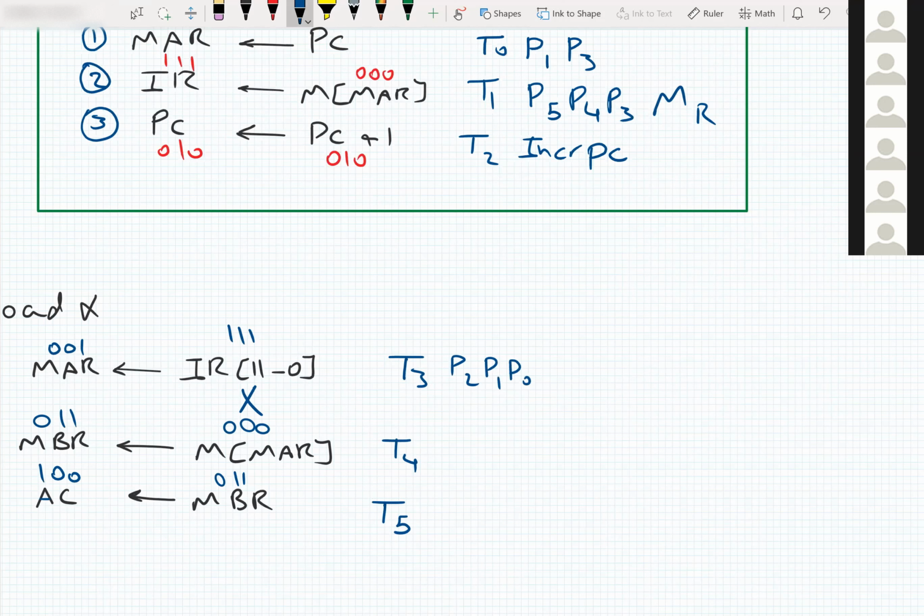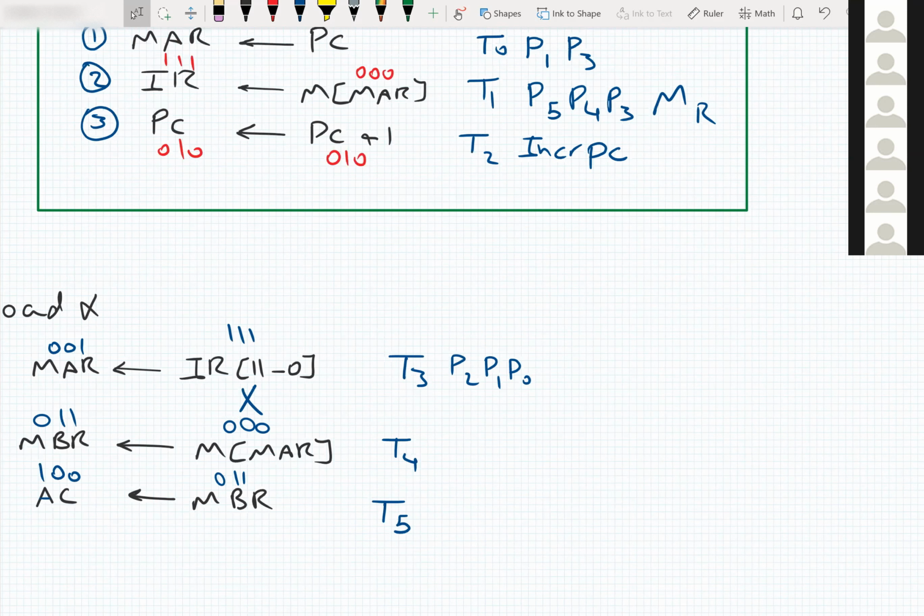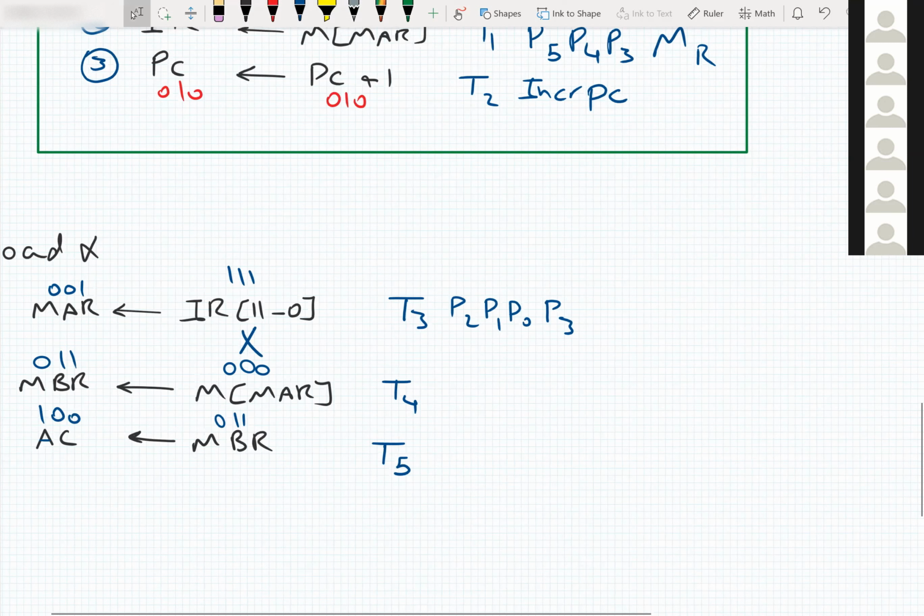MAR is P5, P4, P3, P5, P4, P3. So P3 also should be activated. What else do we need? That's it. Okay. So from the memory to MBR, in order to activate memory, because memory address is 0, that's